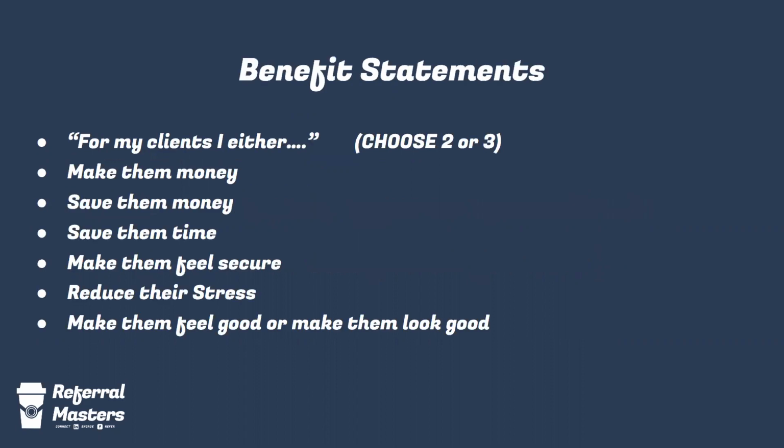So, benefit statements for my clients. This is where a bulk of your elevator pitch is really going to be, in 2 sections: this section, and then the perfect client for me is, which we'll talk about in a few minutes. These are 7 different things that you can think out. And this is where that 10 to 15, 20 minutes that I'm talking about spending is really spent, in this section and the other section, because this is where we need to make it real life, right? And so there are 7 different things.